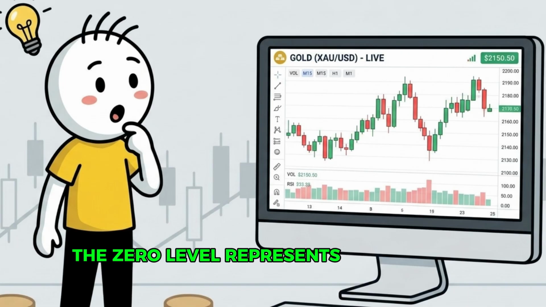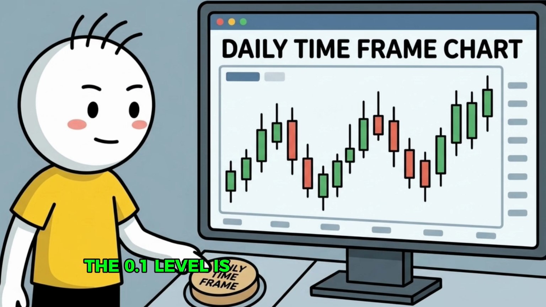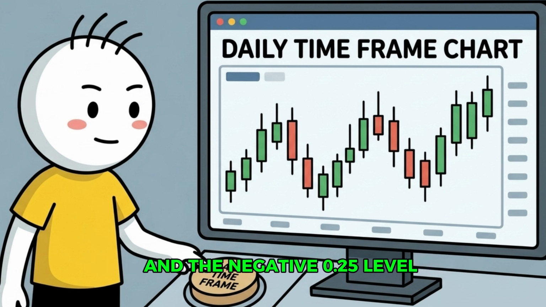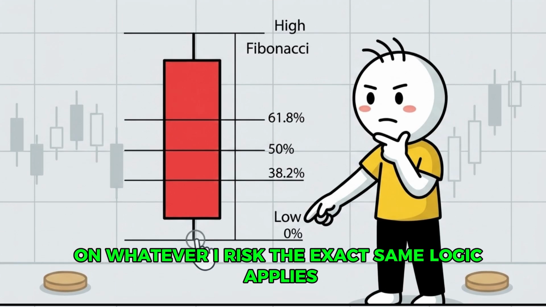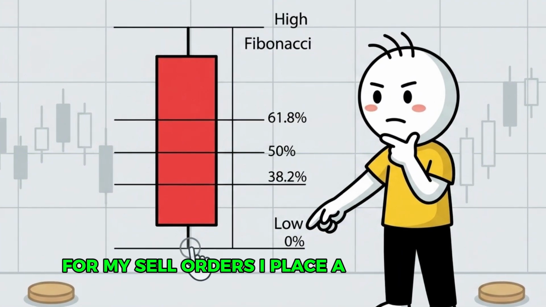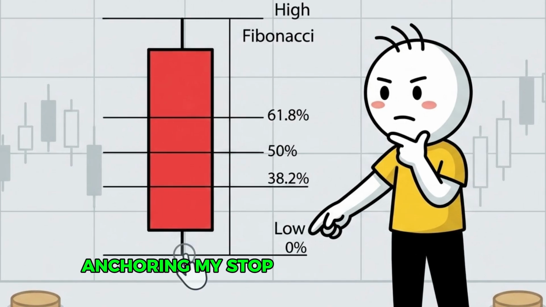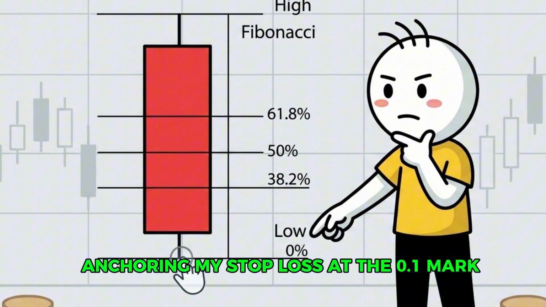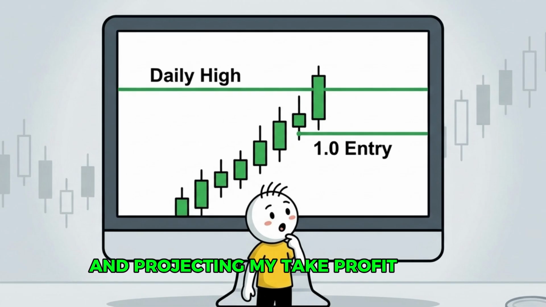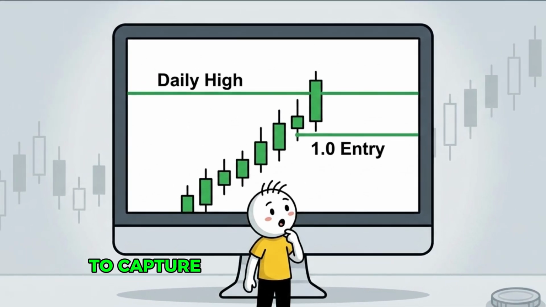The 0 level represents the daily low for my entry. The 0.1 level is where my stop loss sits, and the negative 0.25 level becomes my take profit target. The exact same logic applies when the market moves downward. For my sell orders, I place a short position right at the low of the daily range, anchoring my stop loss at the 0.1 mark and projecting my take profit target down to the negative 0.25 level to capture another